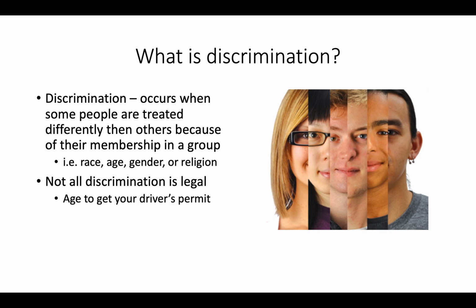What is discrimination? Discrimination occurs when some people are treated differently than others because of their membership in a group. It could also be a perceived membership of other people. So here, race, there isn't really a perceived, you can see which race they are. Age is pretty clear. Gender is fairly clear. And religion may be a little bit harder if you don't know exactly, unless their religion